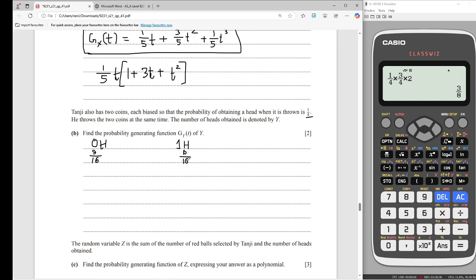Okay, we want to keep everything with a common denominator. And at last we have 2 heads. The odds of getting 2 heads is just 1/4 multiplied by 1/4, which is 1/16. Yes, now I can just factorize 1/16 out of it. But when we are writing an answer, we should not factorize. They don't expect us to factorize, so we will not factorize. It is equal to t to the power of 0, which is just 9/16,